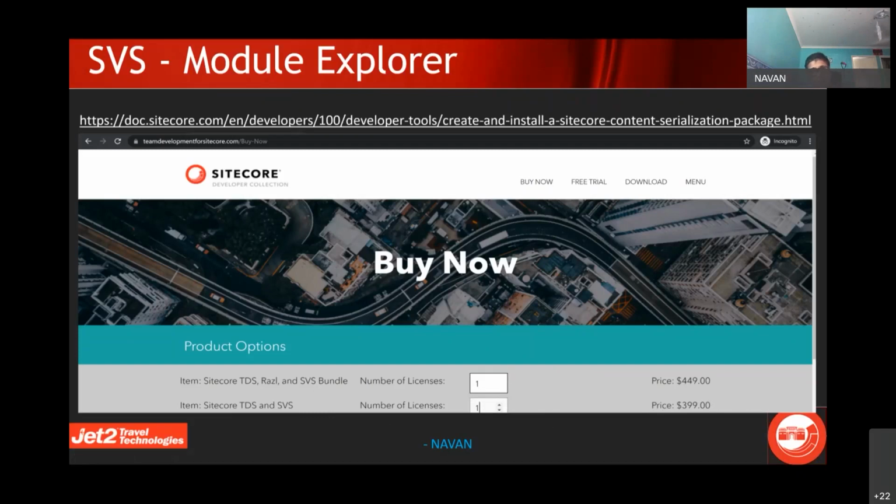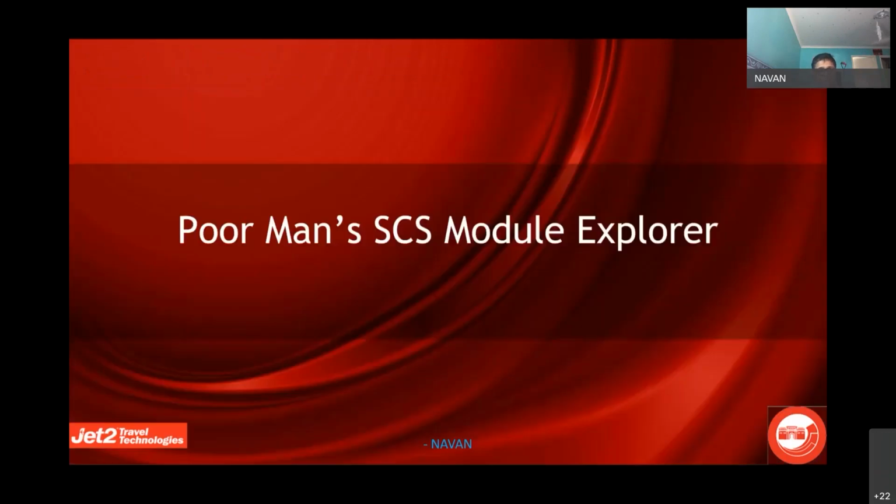So that's where I thought, why not we build something on our own so that at least we can see. Most of the times, in case of Unicorn also, the rules and all that can be tricky, right? Most of the times we have templates, layouts, renderings, and we have one folder there. And if we understand the rules properly, then we don't need to think too much. We can easily allow a tool to do the work for us. So that's where the whole thing started.